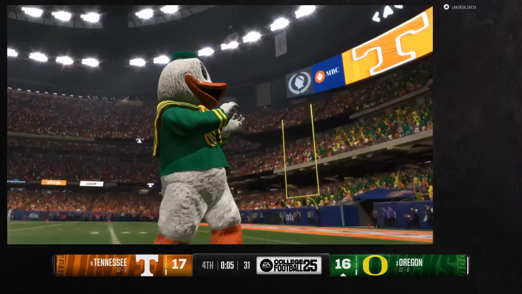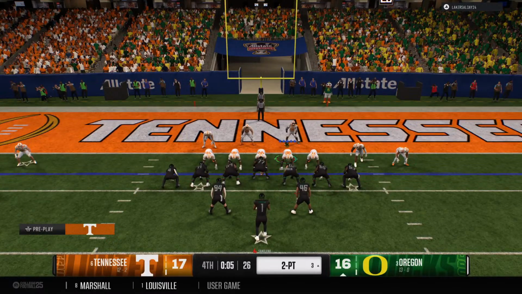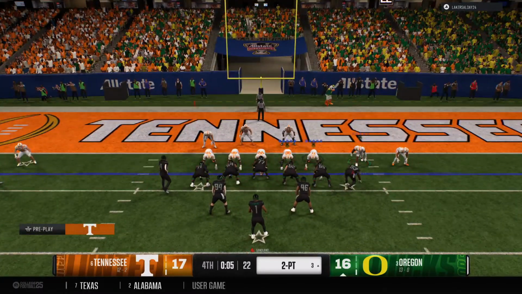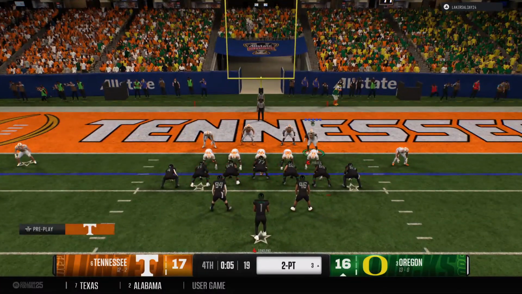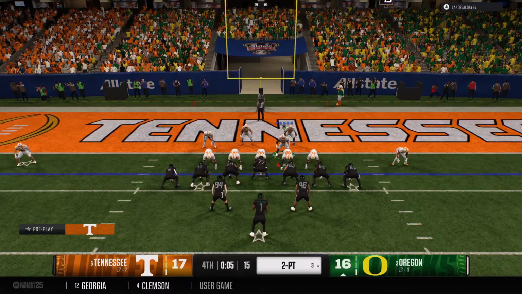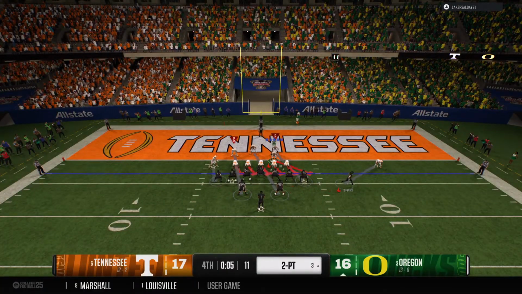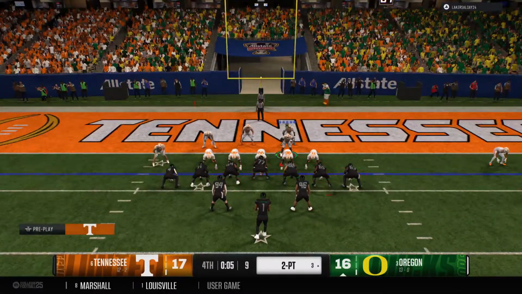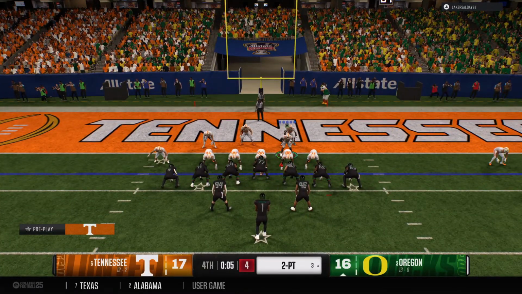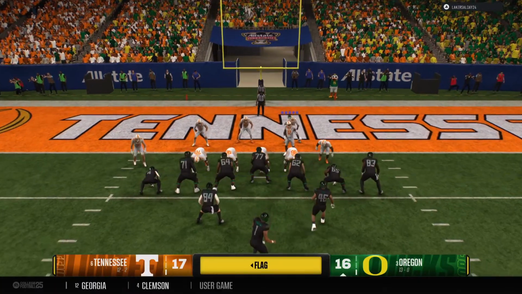And now you're an extra point away from taking the lead. And now the decision to go for two. Gutsy call by this coach. He wants to win it right here. That wasn't alert enough.